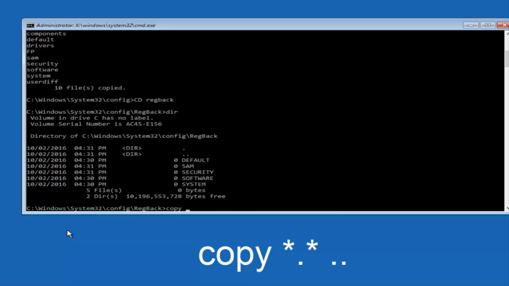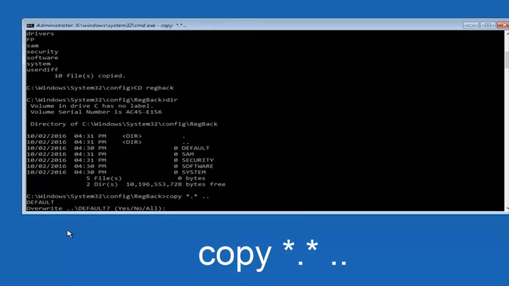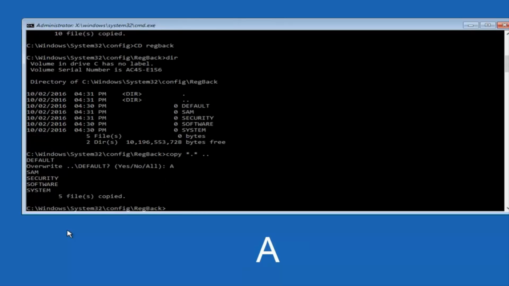space, star dot star, another space, and then 2 dots back to back, and then hit enter on your keyboard. When it says overwrite, type the letter A on your keyboard and then hit enter. And then at this point you can type exit,